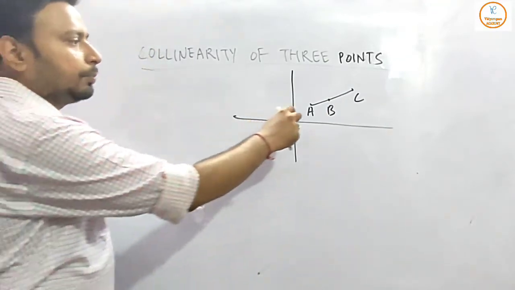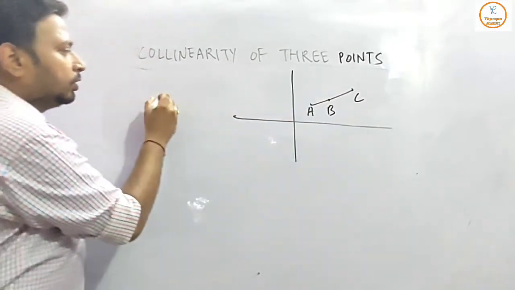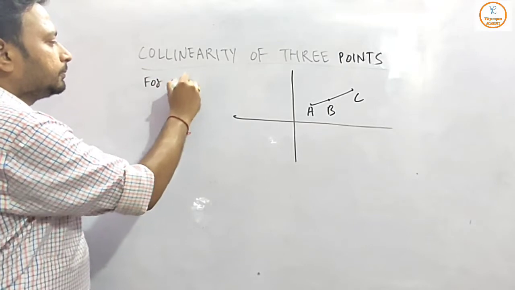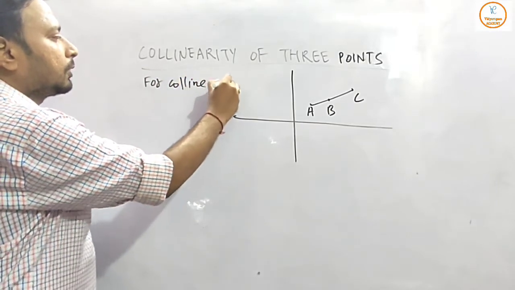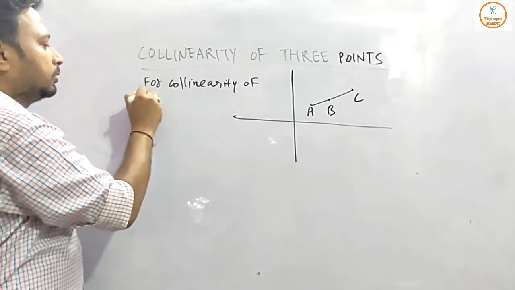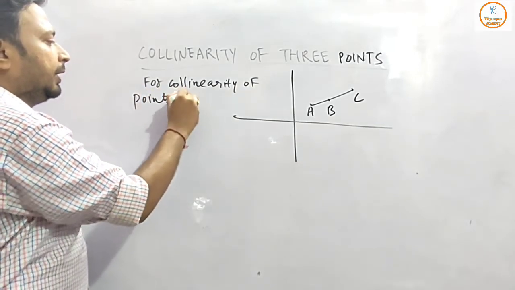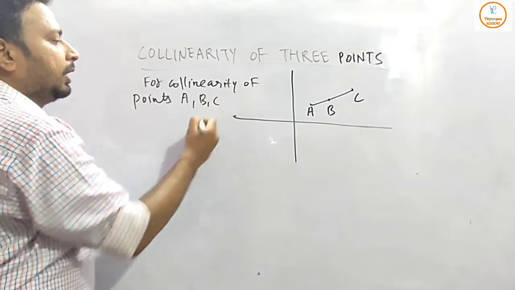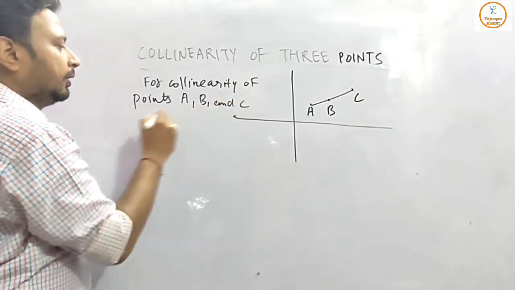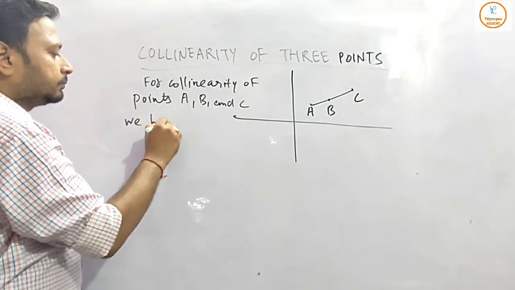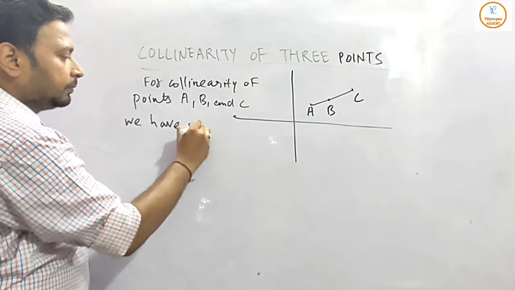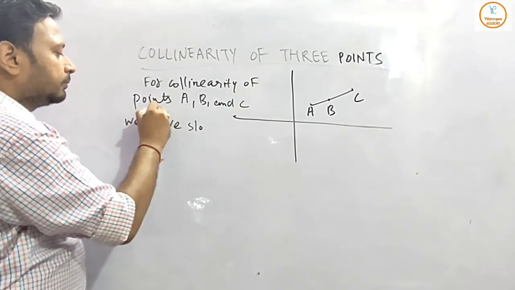Suppose there are 3 points A, B and C. So for collinearity of points A, B and C, we have